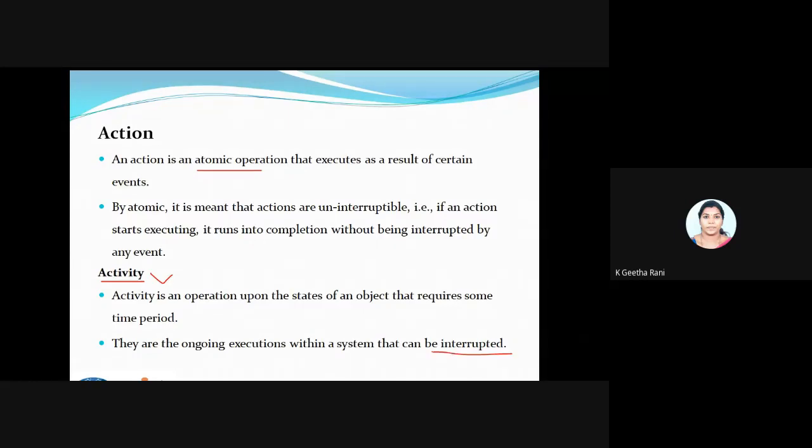So what is the meaning of this? There can be an interruption in my operation. We will see this later. Just be clear about this action concept. Action is atomic in the sense that actions are uninterruptible. There is no interruption in the transition of my state.